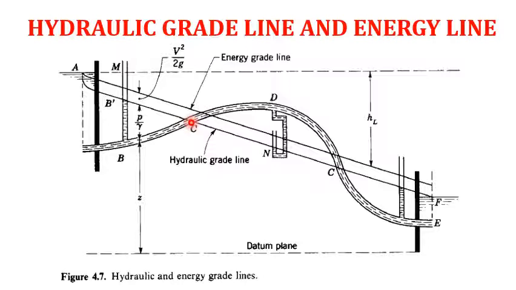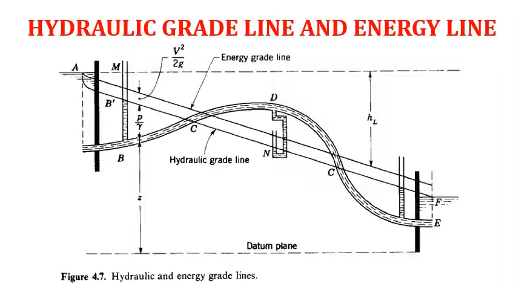You can see that. So this indicates that the pressure head at point C is 0, and at point D the pipe is higher than the hydraulic grade line. So this indicates that the pressure at point D is negative, that is vacuum pressure. Again, the pressure is increasing, and at point C it is 0, and then afterwards it increases to a positive pressure till over here.